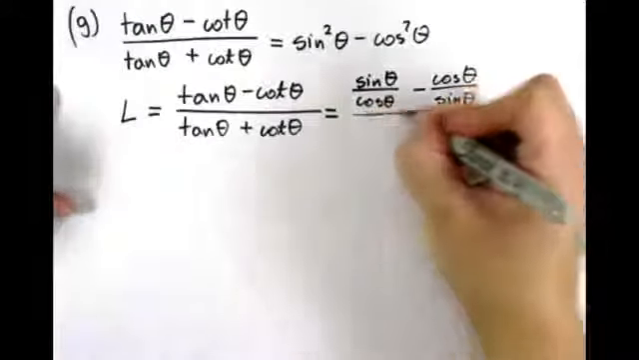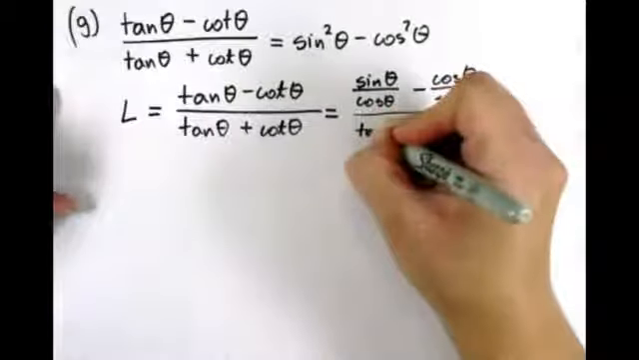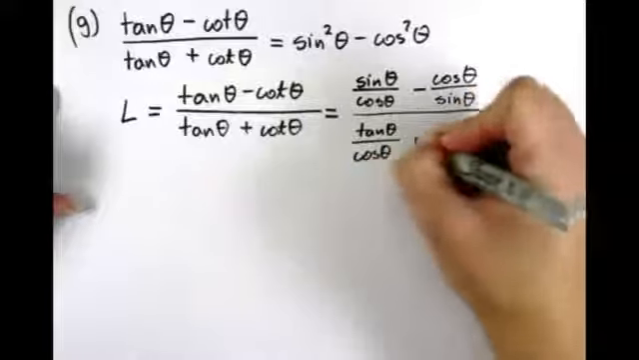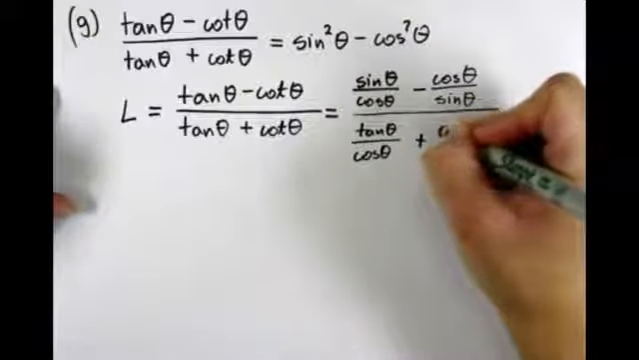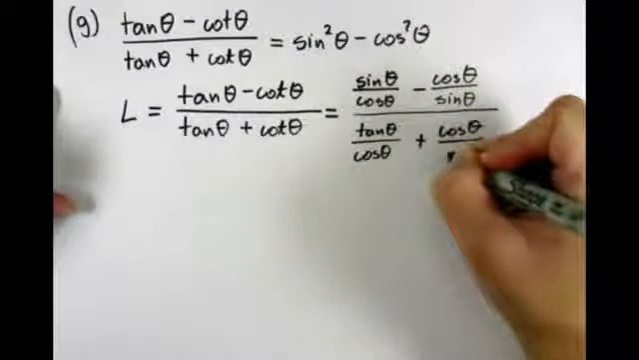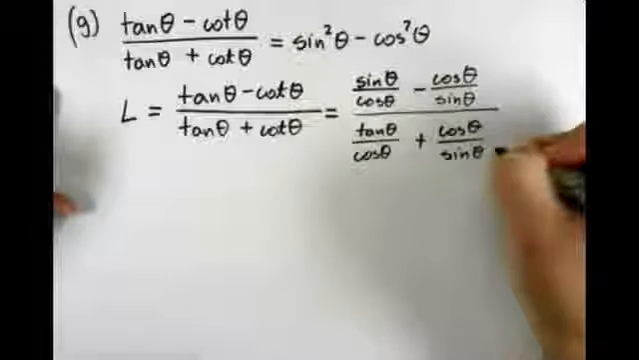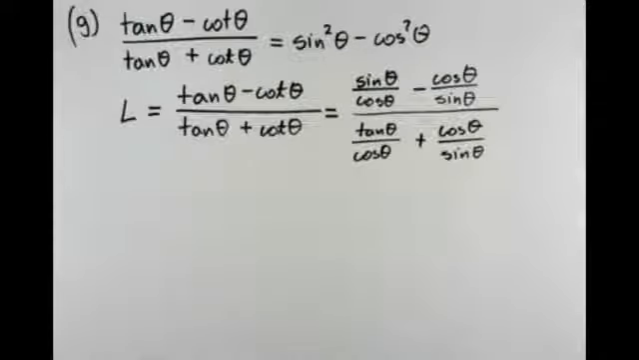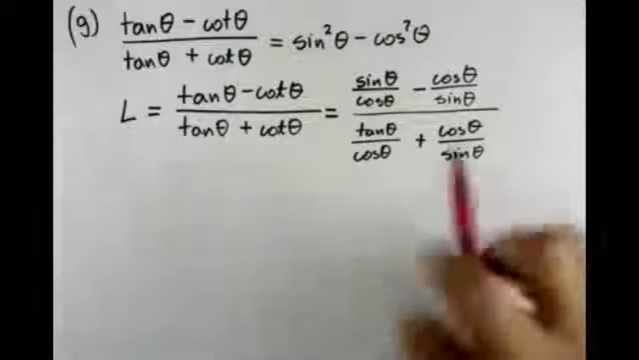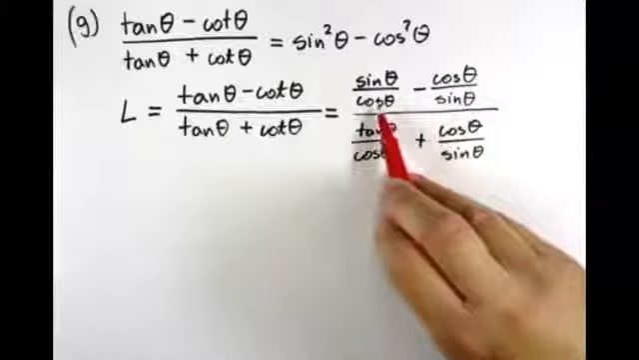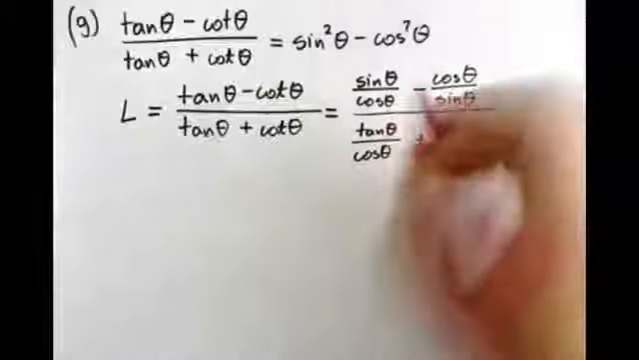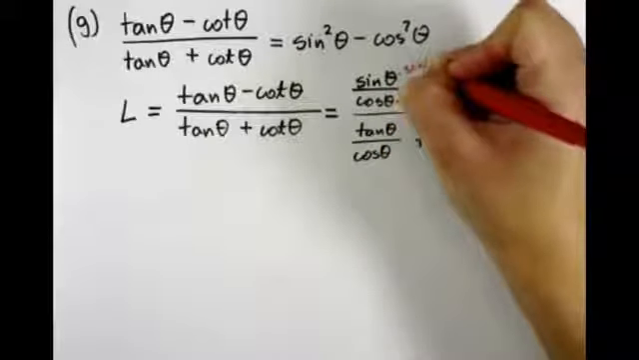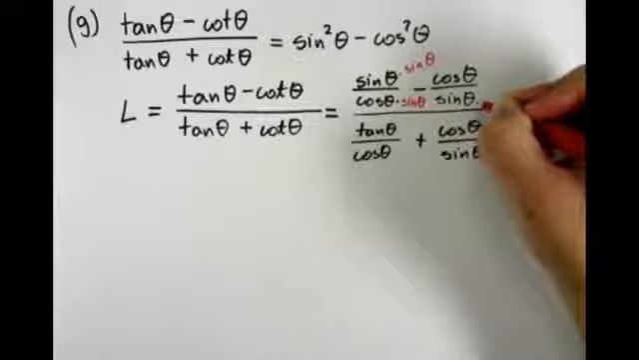over, and tangent is sine theta over cos theta, and cotangent is cos theta over sine theta. You cannot cancel those ones because we have addition down there, right? So now we need to find common denominator. Common denominator of those two will be cos and sine. So the first one needs to be multiplied times sine, and the second one needs to be multiplied times cos,